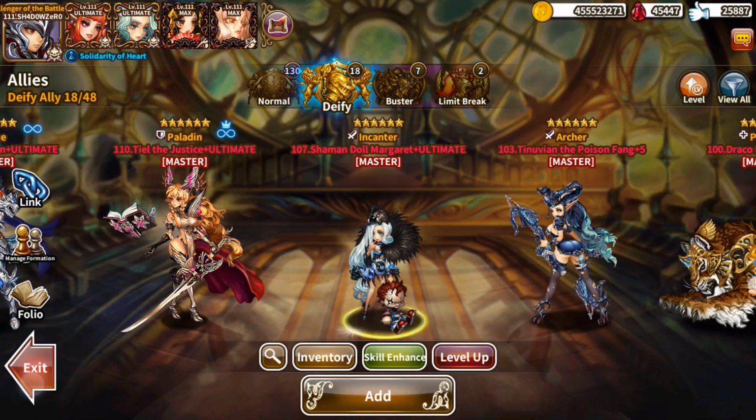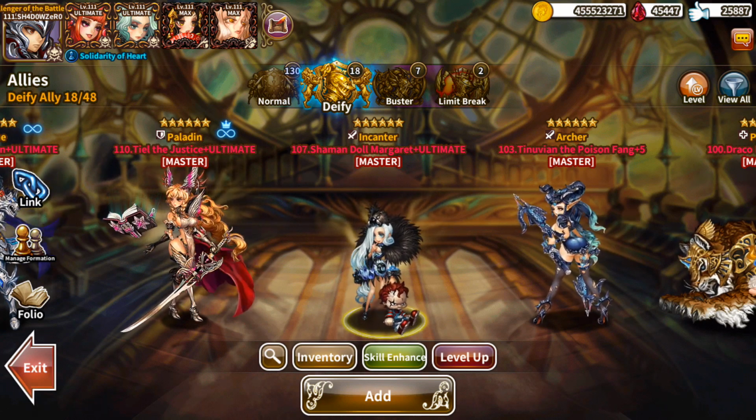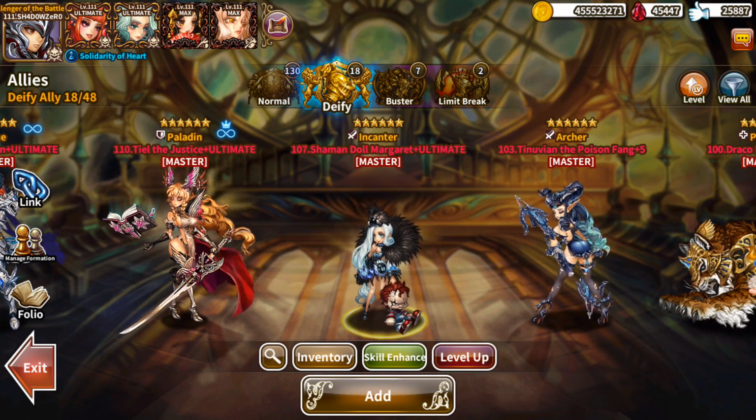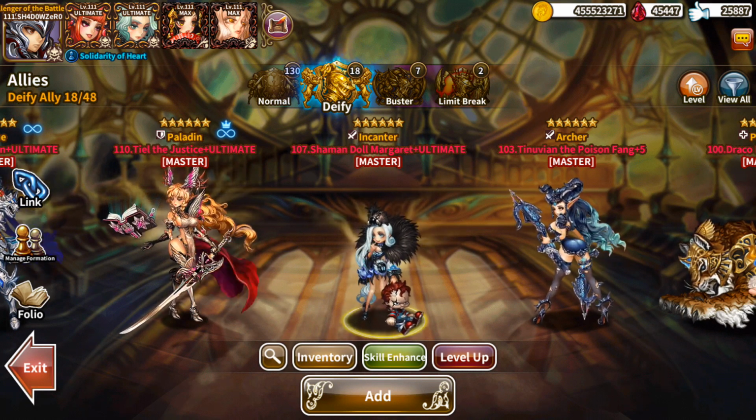Now, here's the thing. I'll emphasize this again. For global, we're transitioning from deified allies to transcended allies. Right now, we still have hero modes that will disappear